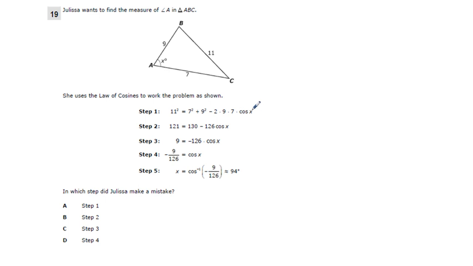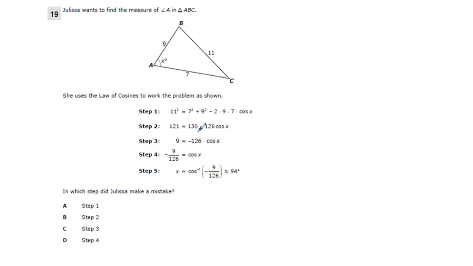Next, you're going to have to simplify. Well, 11 squared is 121, and then 7 squared plus 9 squared simplifies to 130, so that looks good. That's 49 plus 81, that's 130. And 2 times 9 times 7, 2 times 9 is negative 18. Negative 18 times 7 should be 126. That looks good. Next, she's going to subtract